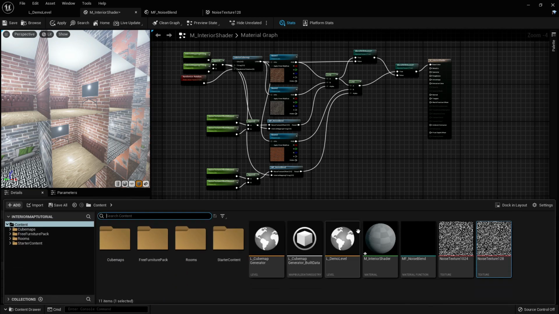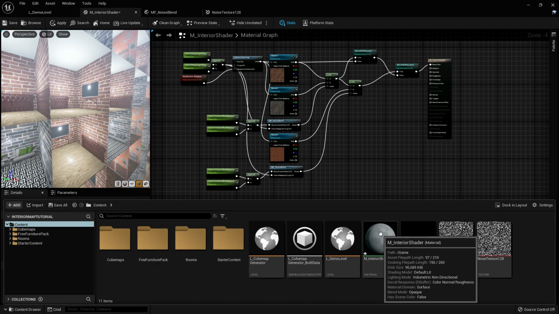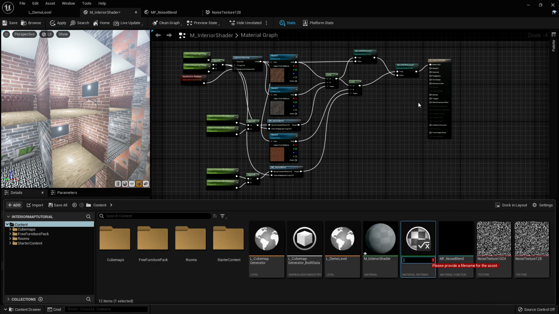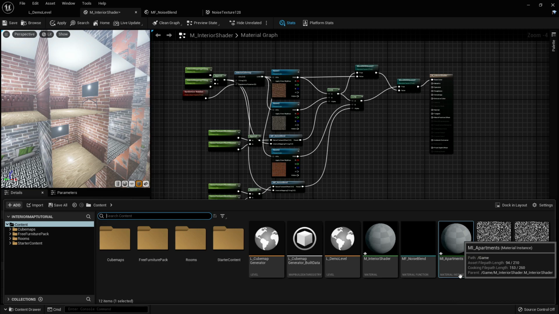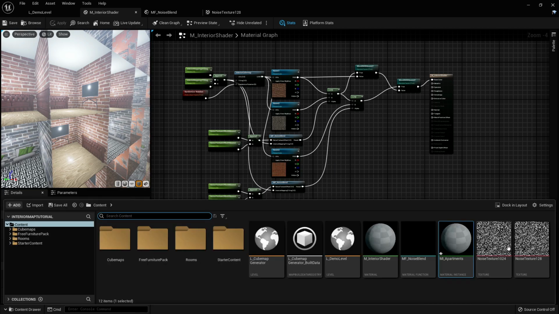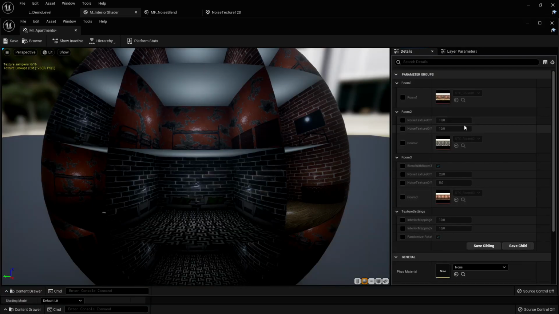We're going to open up our content browser, we're going to right click on our interior shader, create material instance, and I'm going to go ahead and call this MI_Apartments. So before we open up this material instance, we're going to go ahead and save our shader. And now if we open up our material instance, you can see we have all the settings we need to